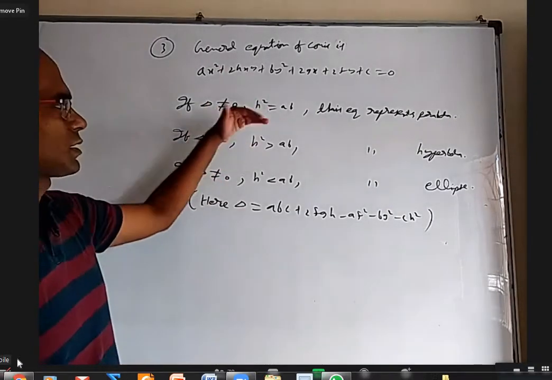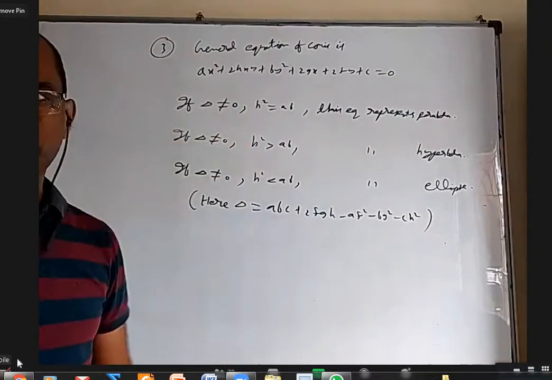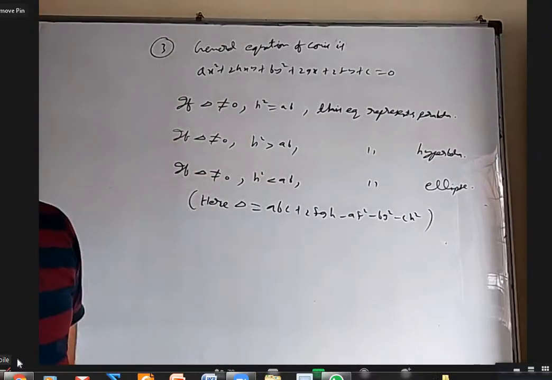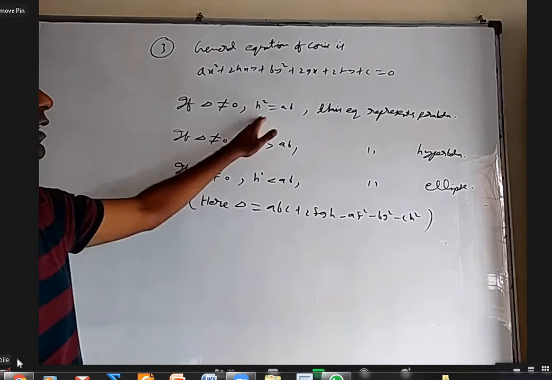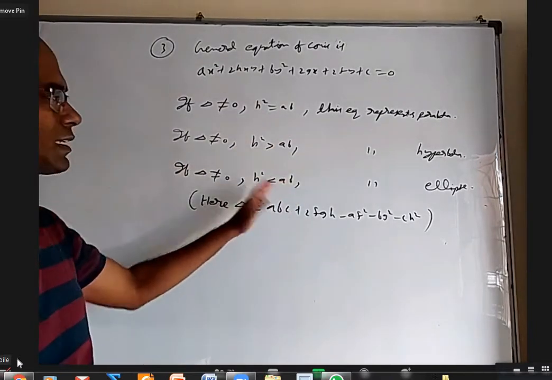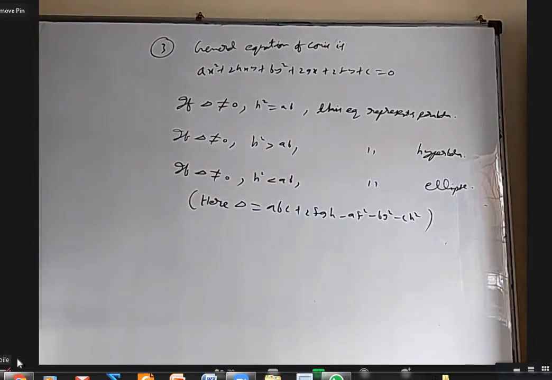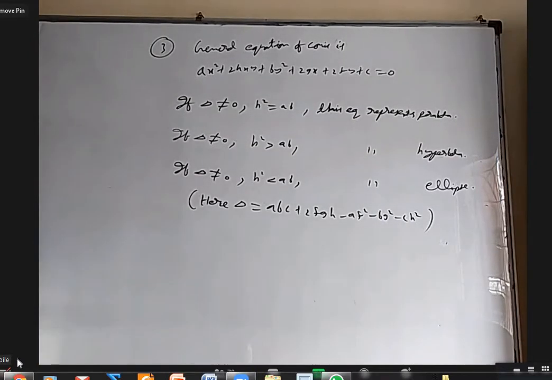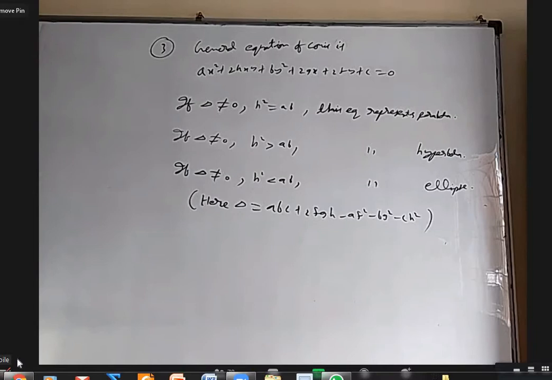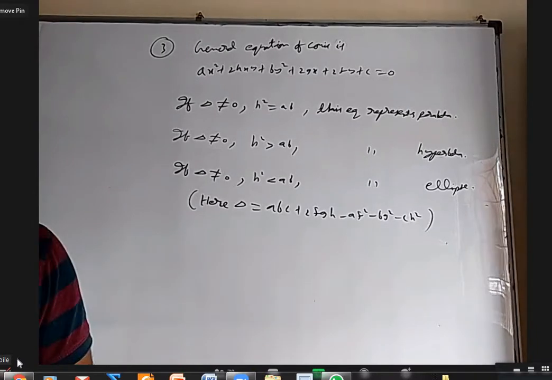In the three cases, h square equal to ab, greater than ab, less than ab. This is quite similar to the eccentricity E that we studied. Here E equal to one kind of thing, E greater than one, less than one kind of thing. Okay, the proofs are not there for JEE Advanced also. The formulas are there, but we'll get an opportunity sometimes to give some idea about how this might have come.